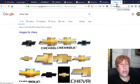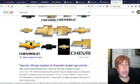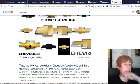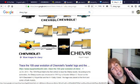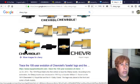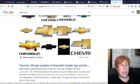Blink. We are now back to my original with the Chevy logo, except it didn't have these weird kind of shadowings that it does now. But basically, I came from this timeline, and for a while I was in the slanted, where this top, or this square part was slant. Oh, I guess it would be that way, slanted, and I was like, that's an ME, but everybody else thought